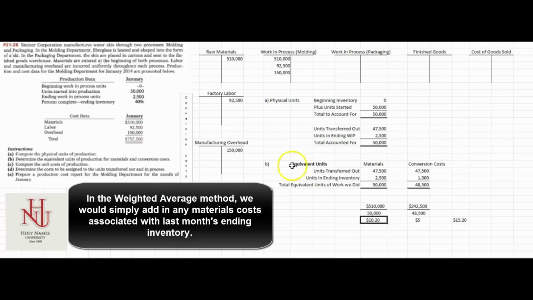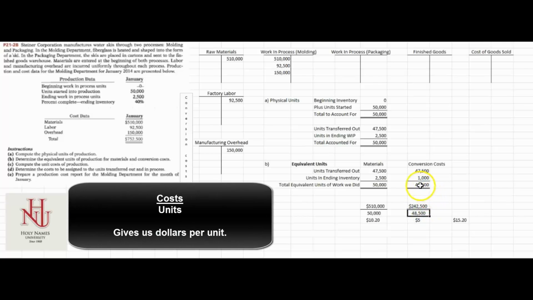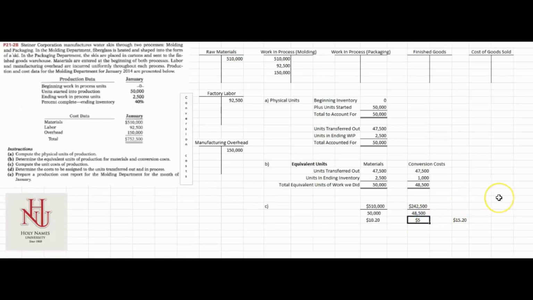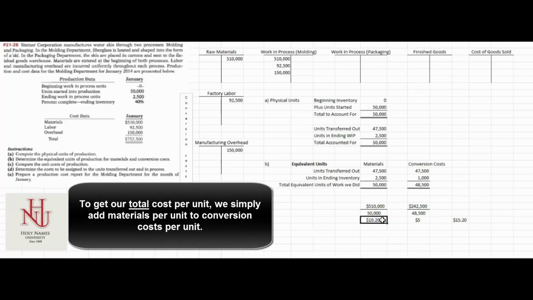How much did we spend on conversion costs? 92,500 plus 150,000 is 242,500. Dollars per unit. How much work did we do? As far as conversion costs go, we did 48,500 units worth of work. 242,500 divided by 48,500 units means that our conversion cost per unit was $5. Direct materials of $10.20 plus conversion costs of $5 means that our total cost per unit is $15.20 this month